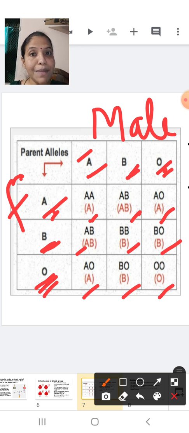I again mention it to you that the blood group A, the blood group B and the blood group AB is controlled by dominant gene, and the blood group O, that is 0 antigen, it doesn't have an antigen because it's controlled by a recessive gene, and that is a recessive character. Blood group O is a recessive character. So students, I hope you have understood this inheritance of blood group.